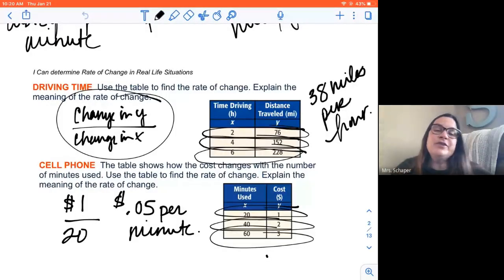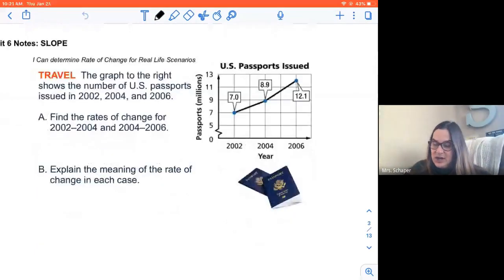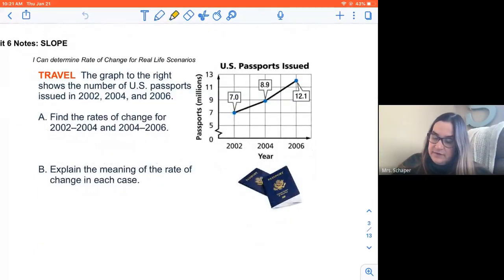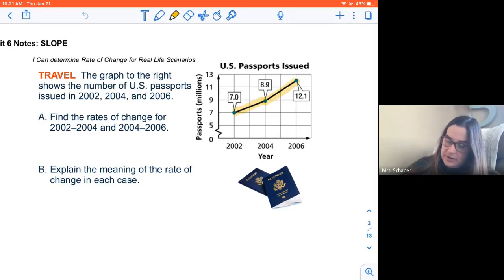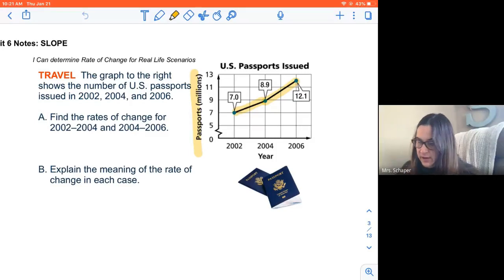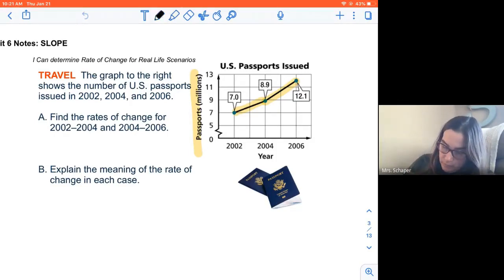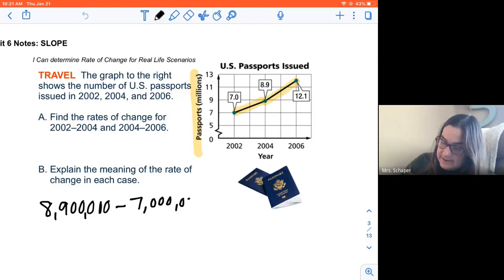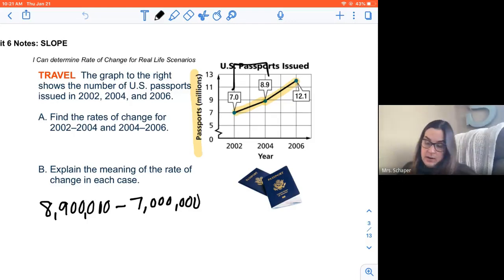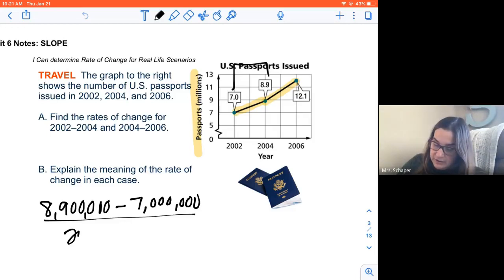All right, we can also look at a graph to figure out your rate of change. When I take a look at this, there's 2 different rates of change. I've got this part and this part. So when I look at this graph, we want to find the rate of change from 2002 to 2004. So when I look at this side, it says that's the number of passports in millions. That's important. We want to make sure we're looking at what it is. It's in millions. So we're going to take 8,900,000 minus 7 million, because it's the difference in those two numbers divided by the number of years, 2004